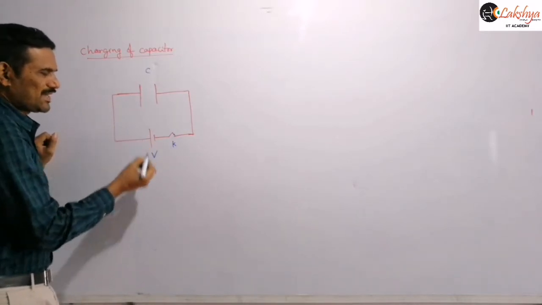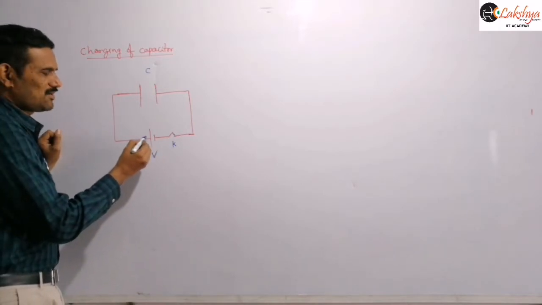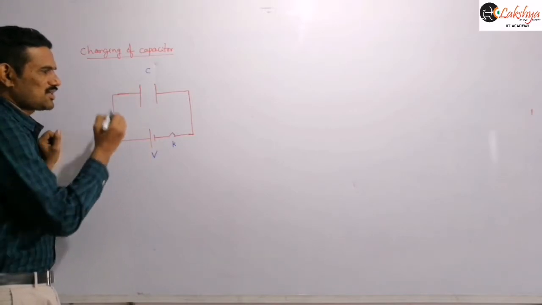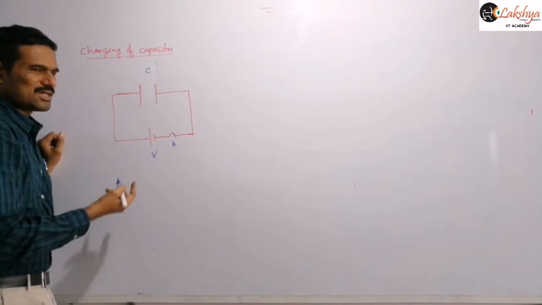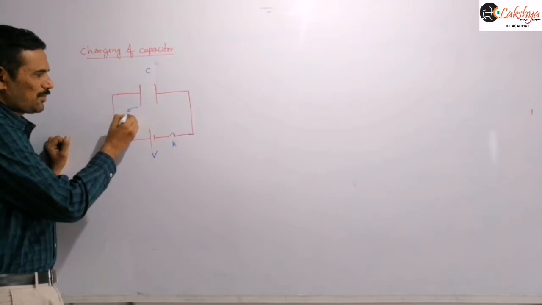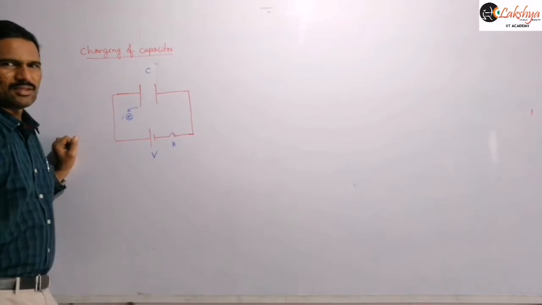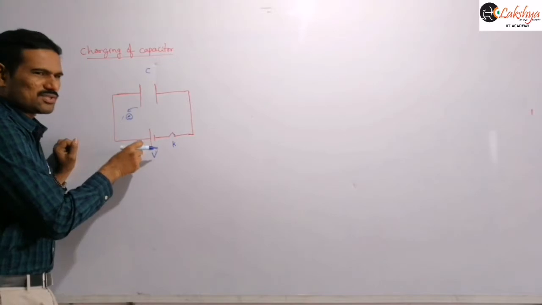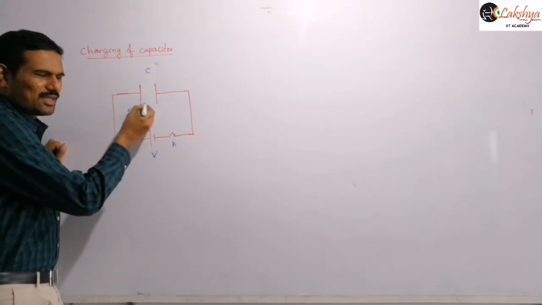You may consider that if we take positive charges, the positive terminal is supplying some positive charges and the negative terminal is supplying some negative charges. But actually, electrons will flow, that we know. Practically, electrons from this plate are displaced through to this negative plate until the potential difference across this capacitor is equal to the potential difference across this cell. And so now it has this higher potential, right? And this has this.